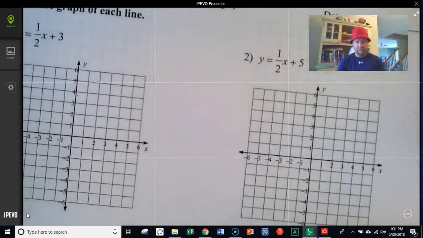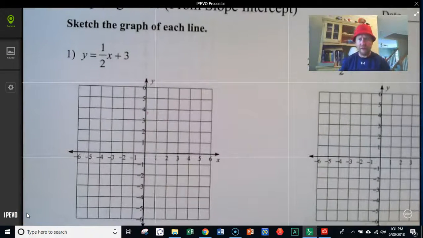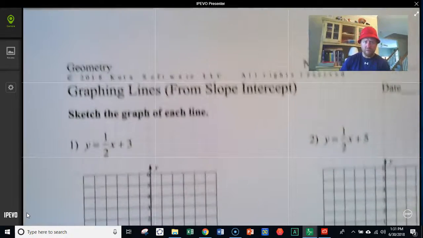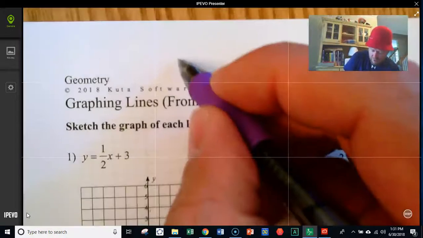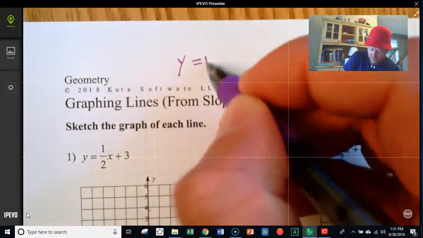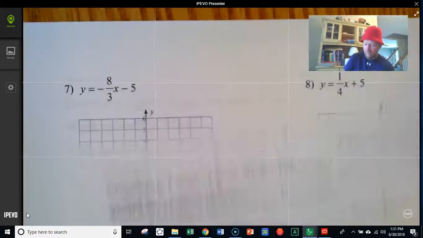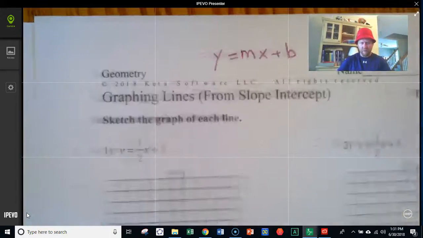Alright, in this video we're going to be graphing lines from equations written in slope-intercept form. The reason that this form is called slope-intercept form, which is right up here at the top of the paper, is y equals mx plus b. Okay? And when you write it in this form,